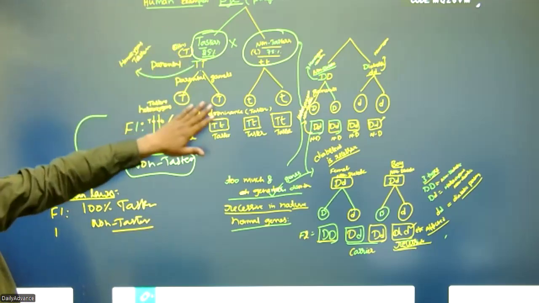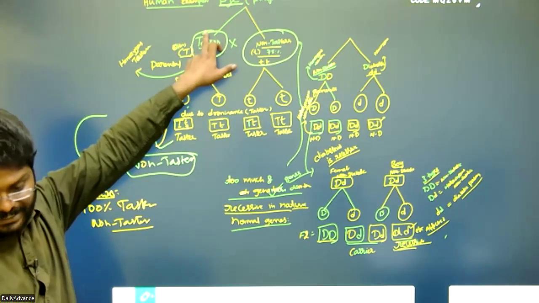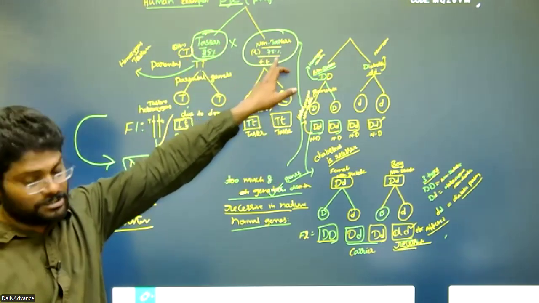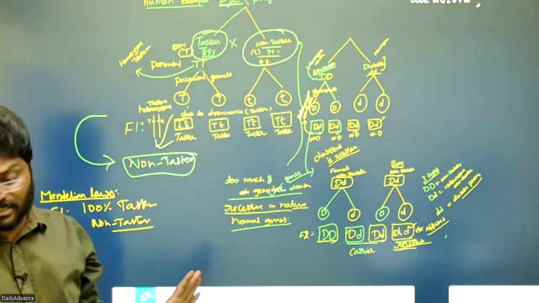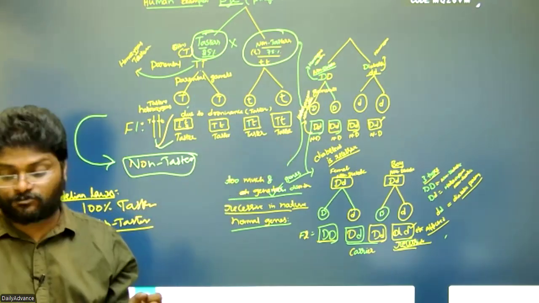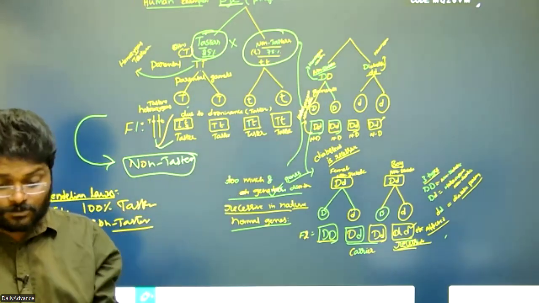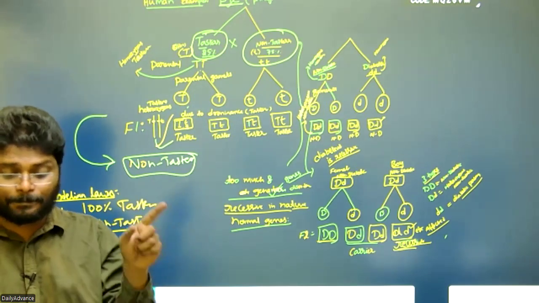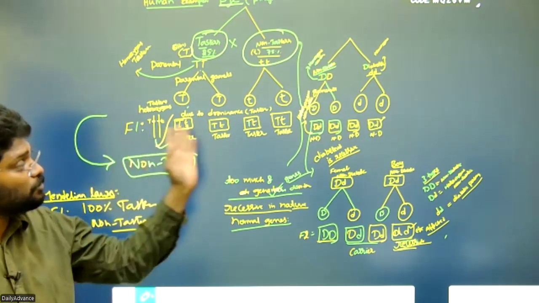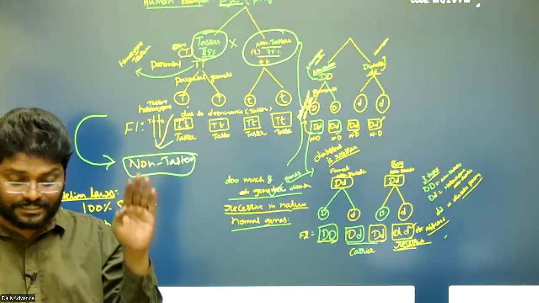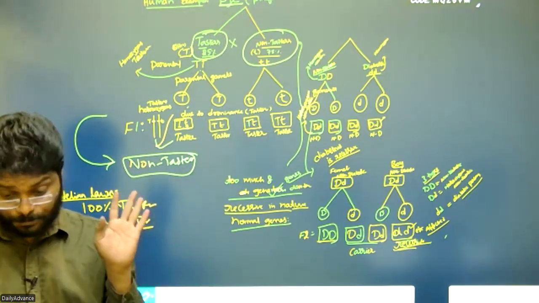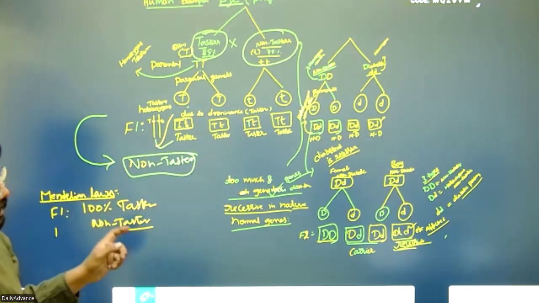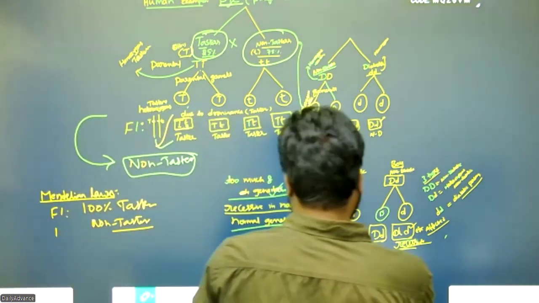That means the first 3 children are from this male, and for the last child she had an affair with another non-taster. That's why a non-taster comes in the F1 generation. So any violation is used for paternity diagnosis, because those rules are 100% accurate. Any deviation is nothing but a mismatched parent. Understand? So now you can see in the F2 generation,